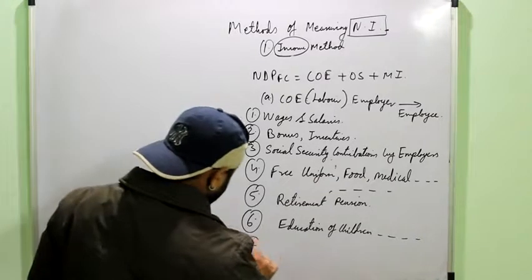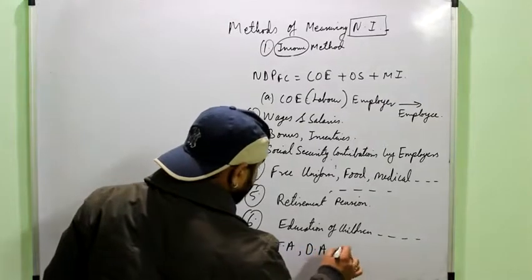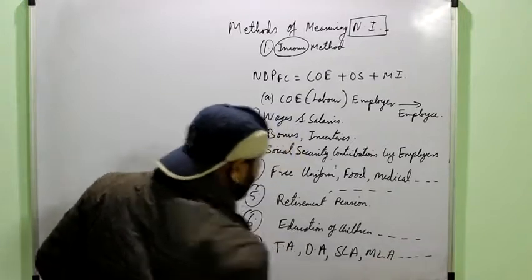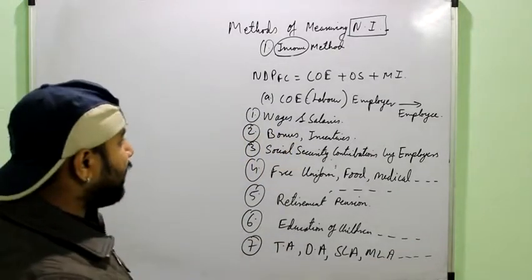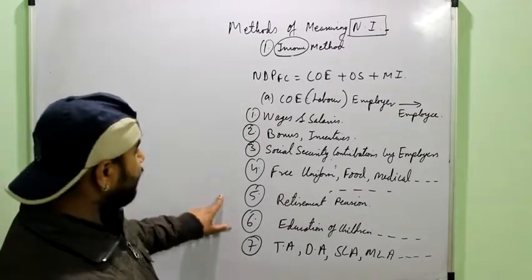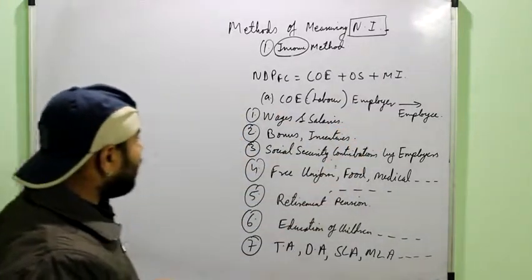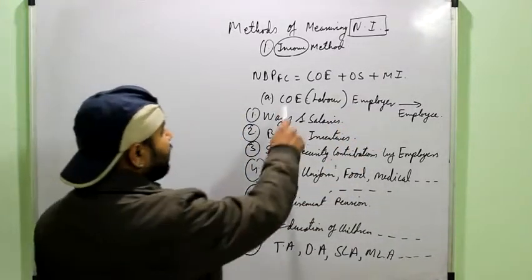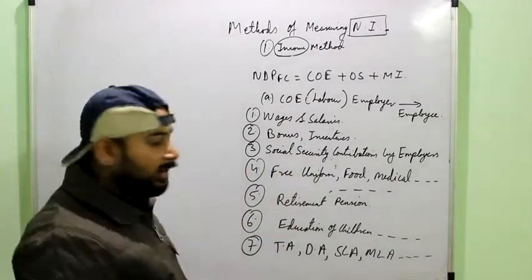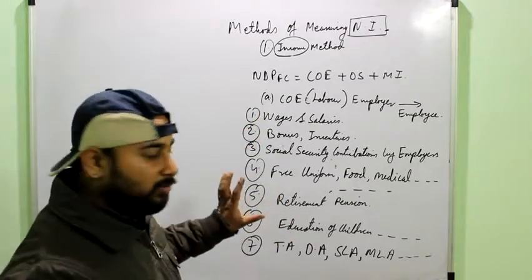One could be TA, DA, travelling allowance, DNS allowance, sick leave allowance, medical leave allowance, any other allowance given to the employee by the employer. COE broadly will contain all the money which has been received by anyone by providing his labor. And in a numerical, either COE would be given to you directly, okay, and if it is given directly you are lucky enough. If it is not directly given, then anything out of these would be given to you.